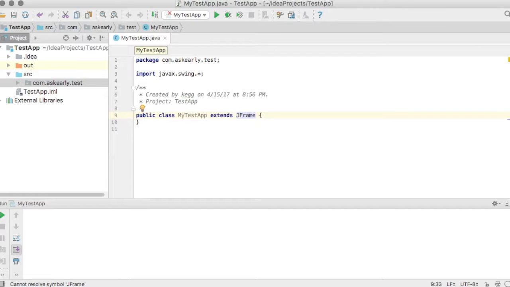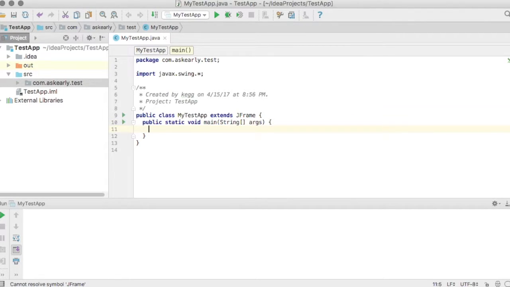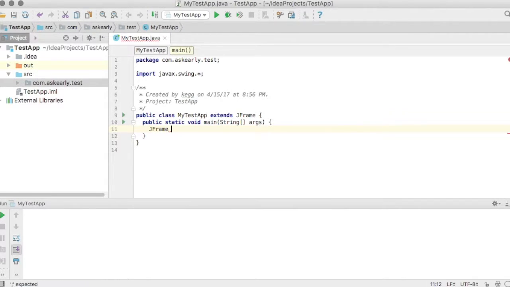Going to import the javax.swing library, and then set our static void main class there. And in here we're just going to create our frame and display it. Simple as that. So if we call an instance of JFrame, create a new instance of it rather,